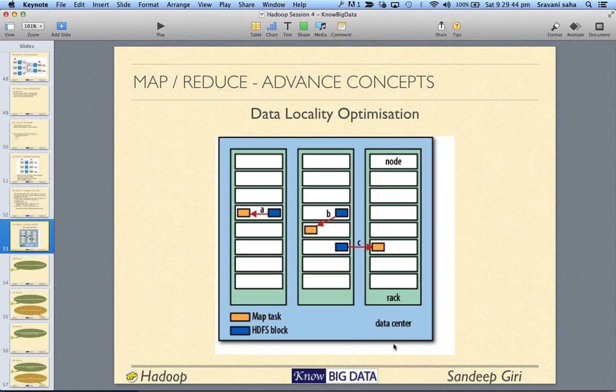Imagine this is a data center, and in this data center there is the map task and there is an HDFS block. In the first case, the map task and the block are on the same machine, while in the second case they are on different machines but on the same rack. And in the third case,